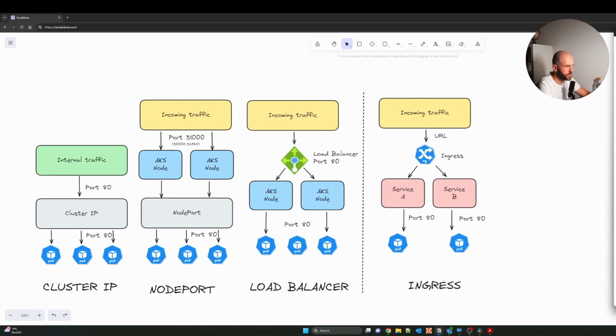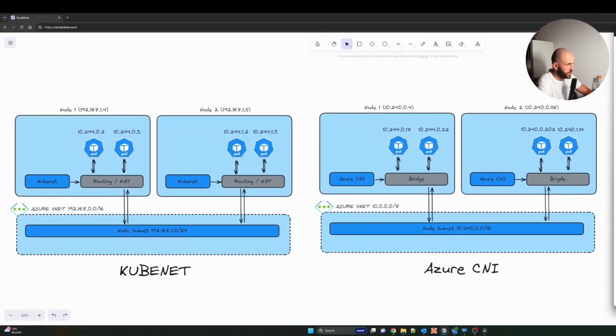So our last option, and probably the best, is to use an ingress. By using ingress controllers, we are going to work at layer 7, and it can use more intelligent rules to distribute application traffic. Ingress controllers typically route HTTP traffic to different applications based on the inbound URL. Basically, an ingress controller is like a reverse proxy in charge of receiving and routing external traffic to internal Kubernetes services. It's going to be a single entry point, and we'll see later that we can use Application Gateway for this.